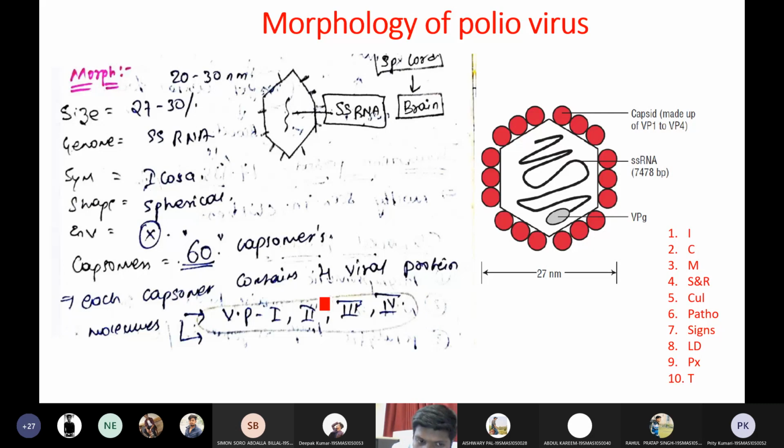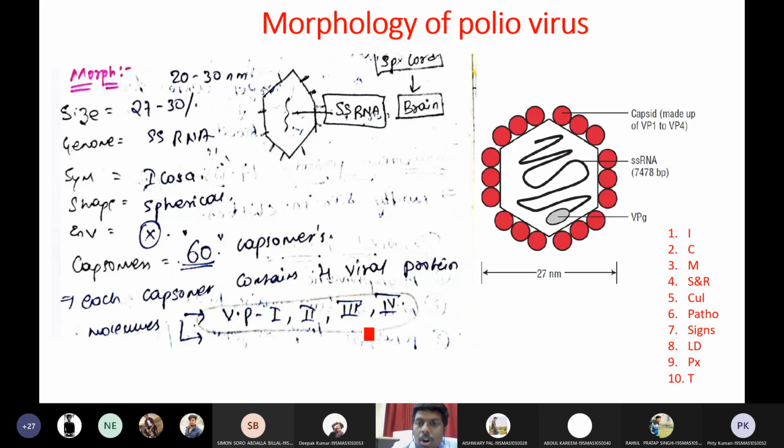It is because of these viral proteins that the virus is infectious. The virus destroys the spinal cord because of the presence of these four viral proteins. That means we either need to develop drugs for destroying these viral proteins, or we can use these viral proteins as vaccine candidates. That is why understanding viral specific proteins is important. By targeting these proteins, we can destroy the virus, or prepare vaccines out of this virus. This is the morphology of a typical poliovirus.